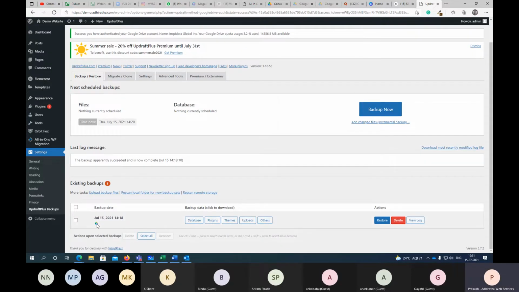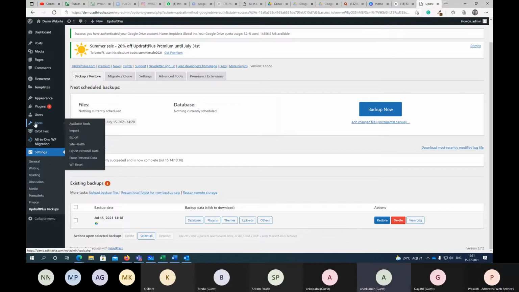So I have taken a backup which is in Google Drive. So let us go to the tools. Prakash, one doubt. For this backup and restore, can we have one or two backup installations like Updraft? No, you can have only one.